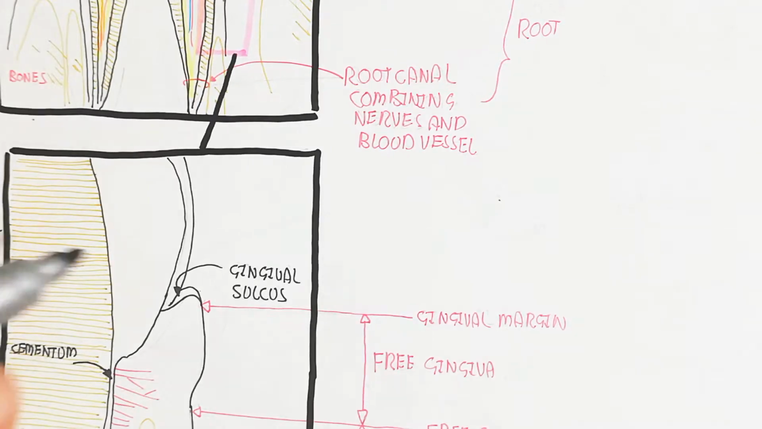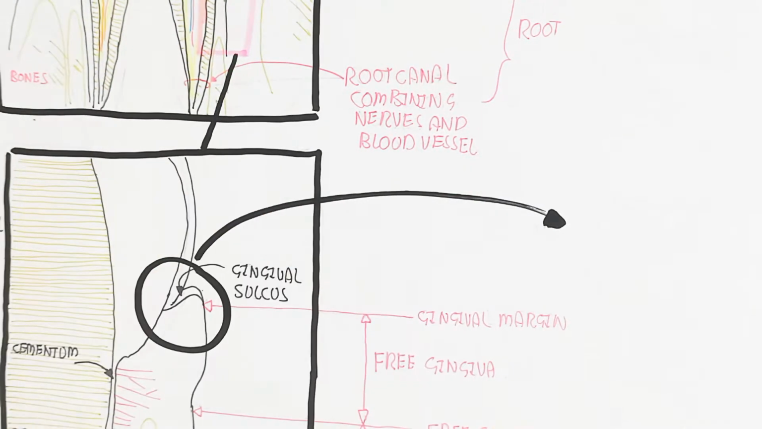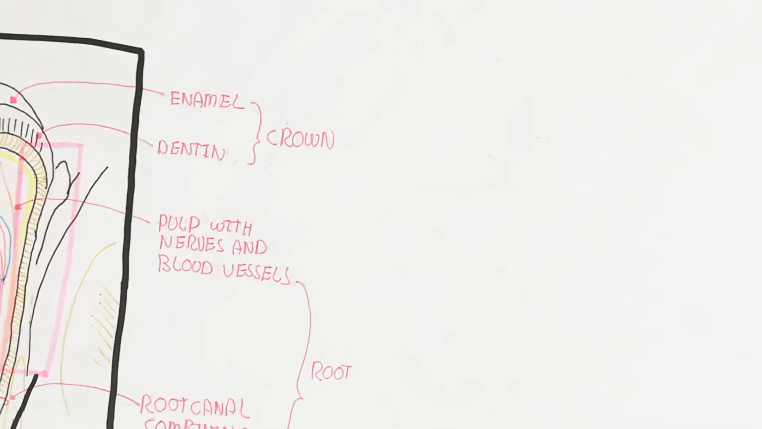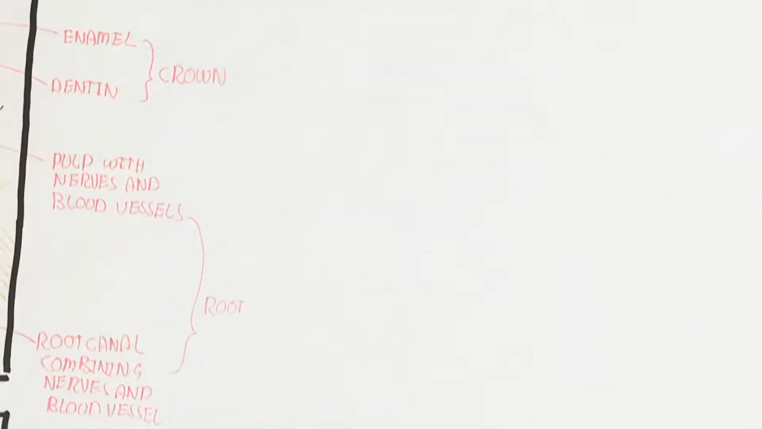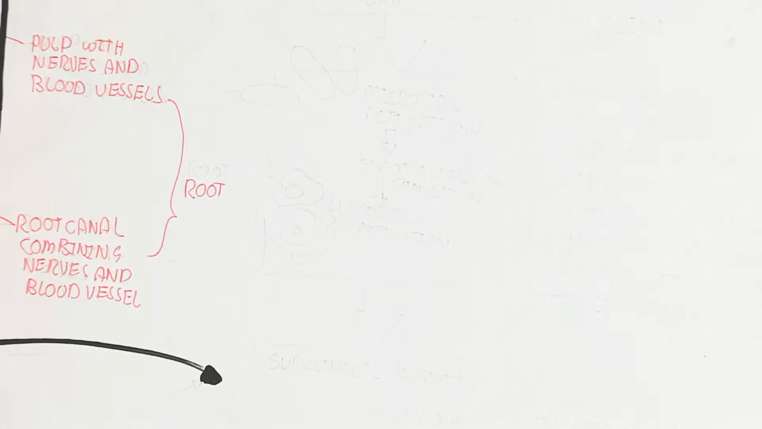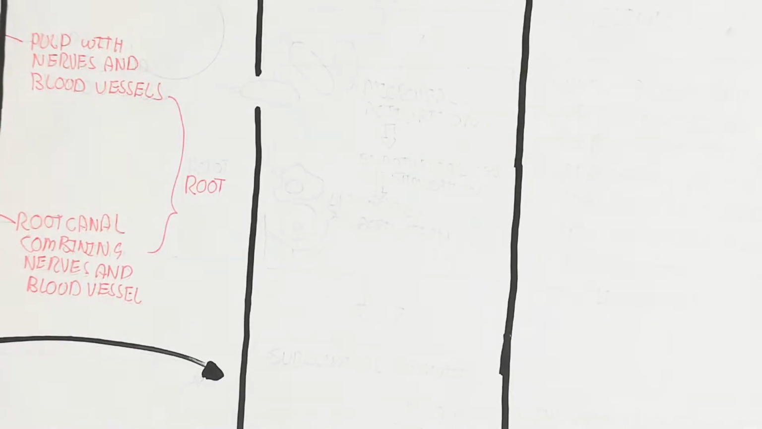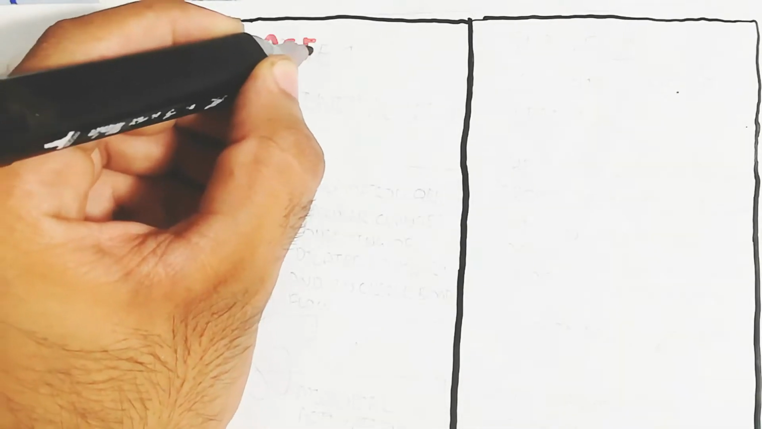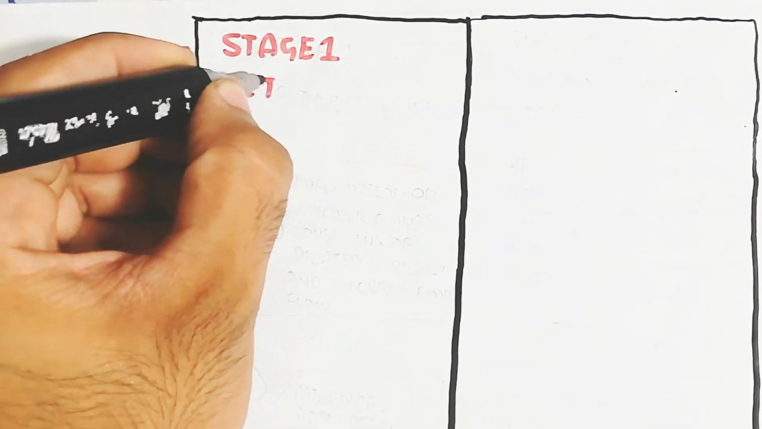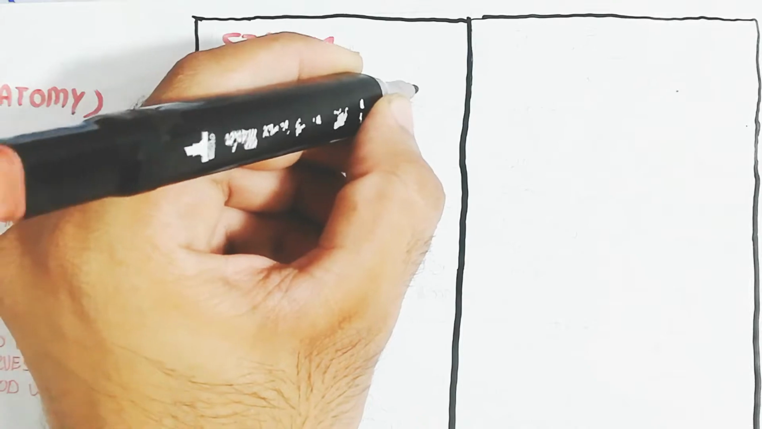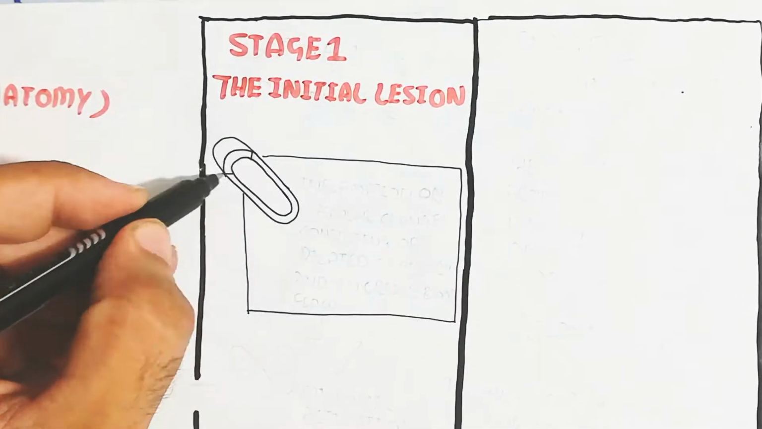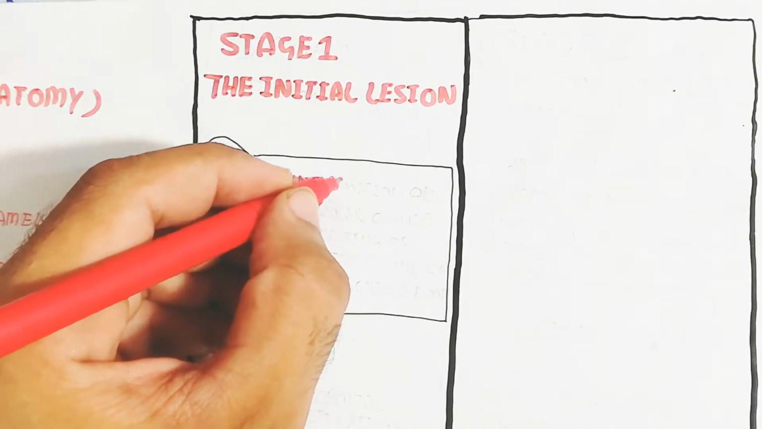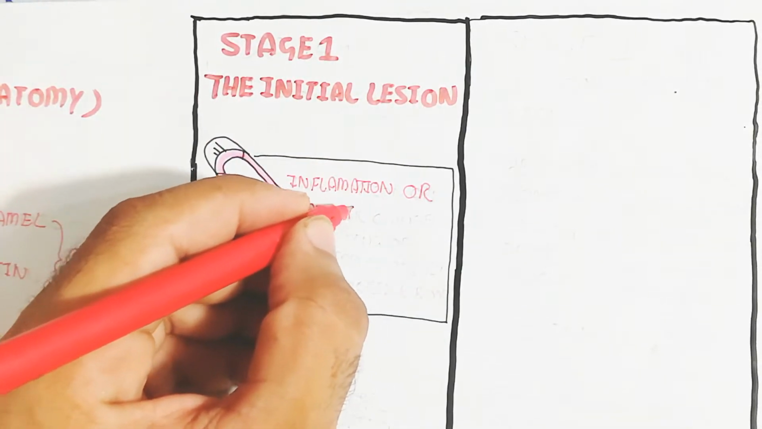Let's begin to understand the gingivitis stages. Stage one is the initial lesion, stage two is the early lesion, and later it leads to the late lesion. The initial lesion can have subclinical symptoms. Now let's understand stage one, the initial lesion. The initial lesion means inflammation or vascular changes consisting of dilated capillaries and